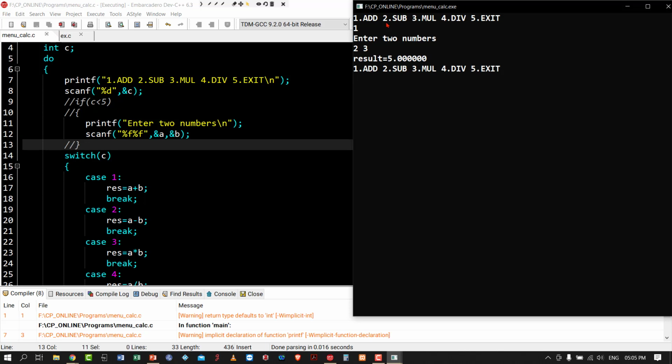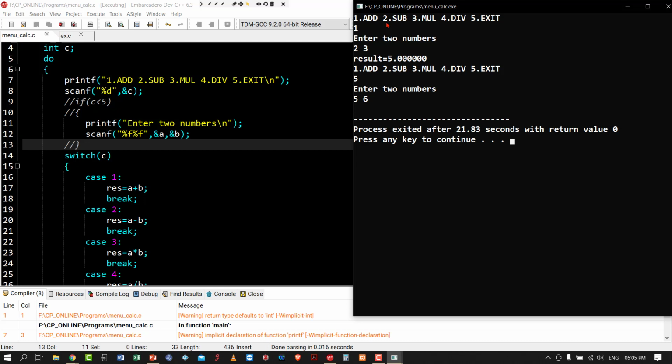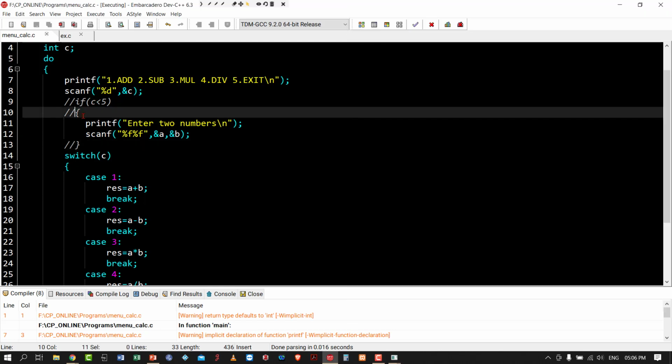Suppose in this case I want to exit. Mayank, what will you press? 5. But it is asking to enter two numbers. So I am entering 5 and 6. Now it is exiting. So if I remove that thing, during that exit condition I have to enter two numbers, then only it will exit. Is it clear? Yes, sir. So for accommodating the exit option, I have added this condition.